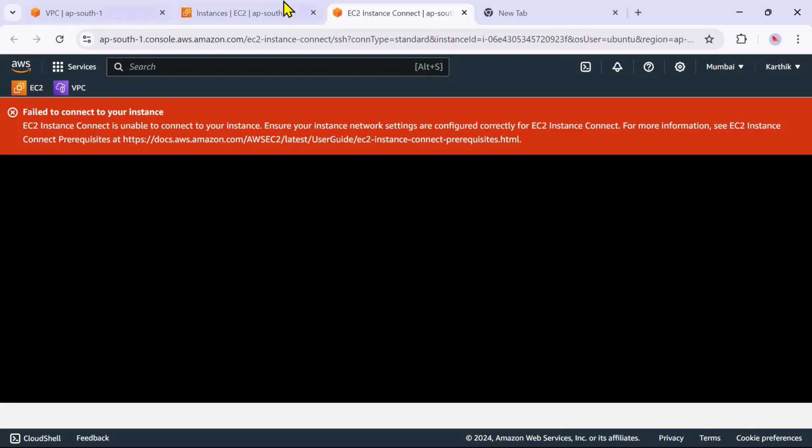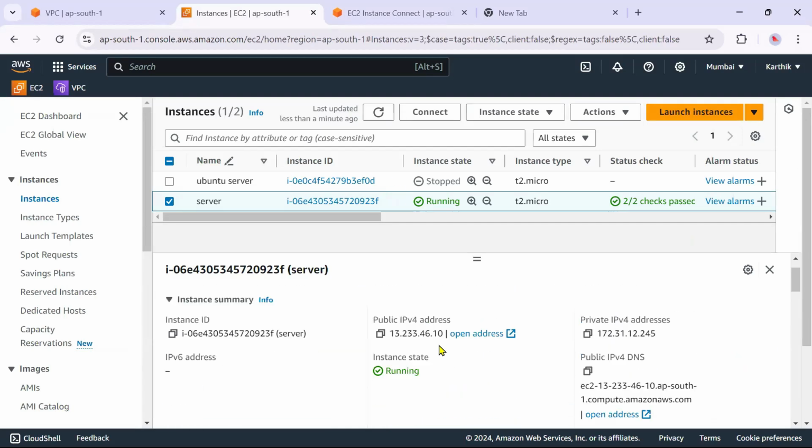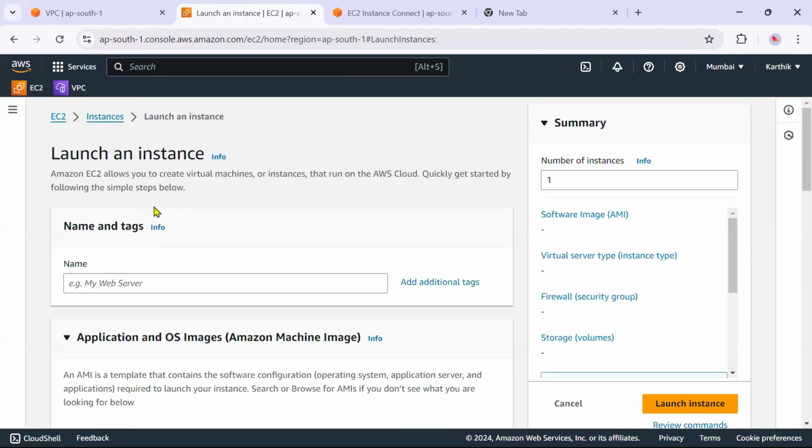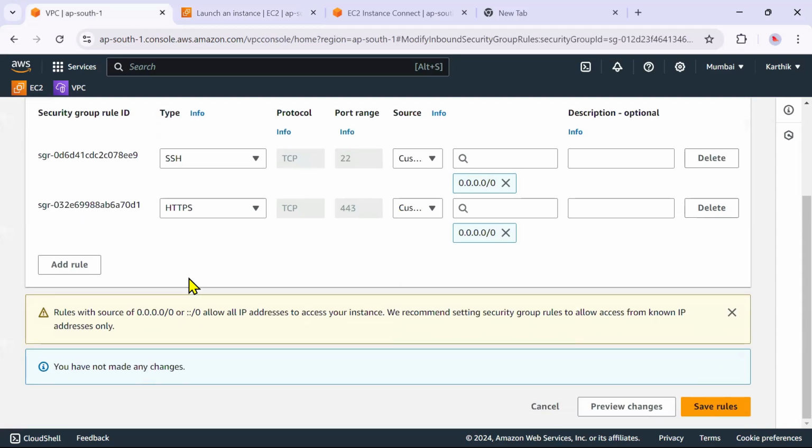I literally don't know why it is not allowing me. Create another EC2 instance, or just create it by yourself and try once. It will work, sir. I don't know why it is not working for me. It is giving me some error here.